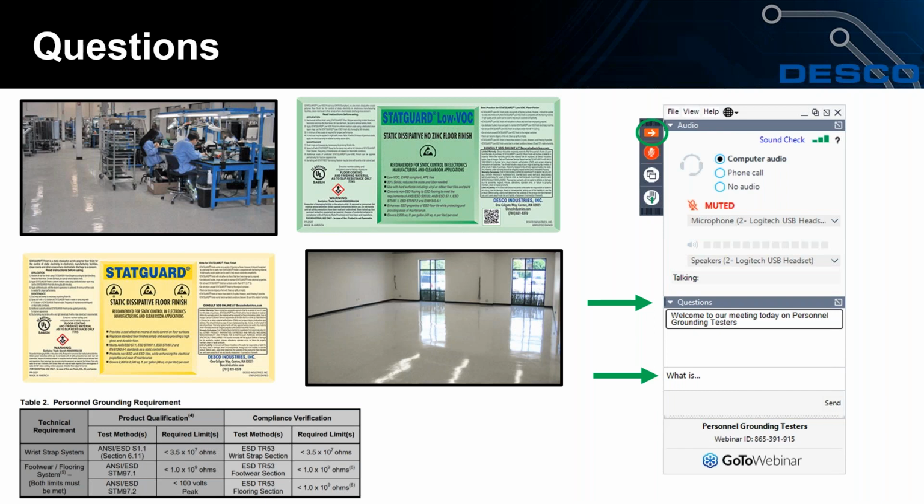We had a simple question too. What's the normal spread rate for floor finish? It's about 2,000 to 2,500 square feet per gallon. So that's pretty straightforward. One more question: why